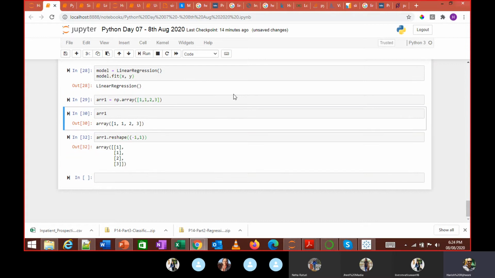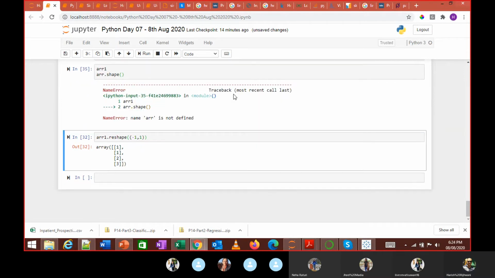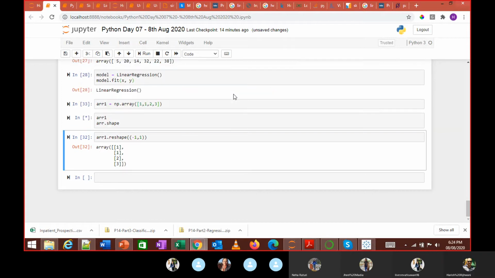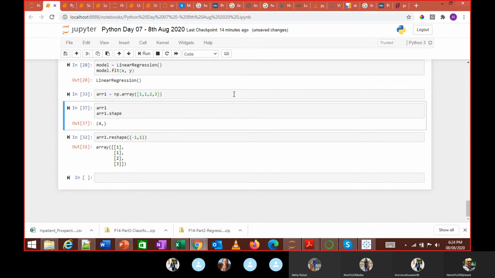Let's do this first, array. So this, if you see, is just one column, one row.